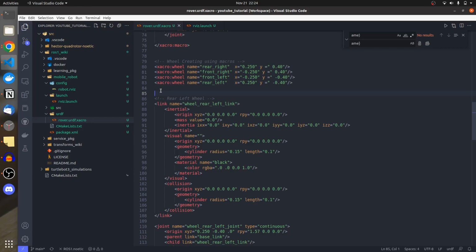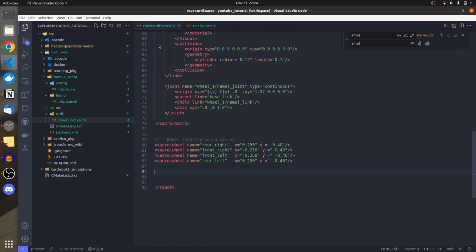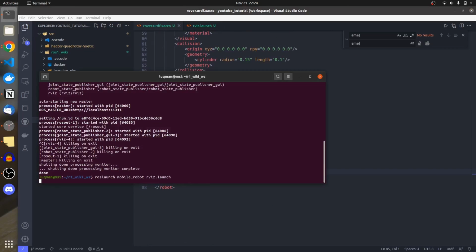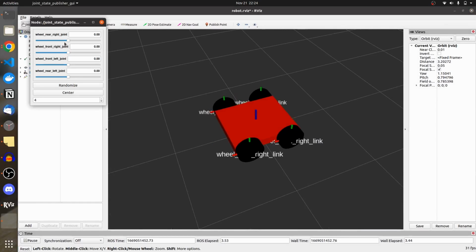Now we have the interesting part. I have to remove all of these, and that's our new code. Let's see if it is working or not. You can see all of our wheels are there. Our code has reduced. The transforms are working for all of these,